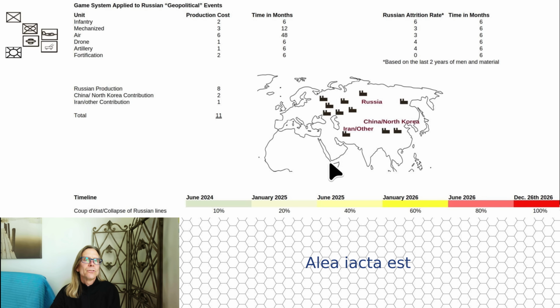Now, if you think this game system is missing elements, or I've been too generous or not generous enough to Russia, or there's other industrial components, or the cost is off for these units, this has been calculated on production cost tables, which I've seen in other gameplays. And again, the games are pretty accurate with historical outcomes. Unfortunately, we have to wait for the fate to unfold, and that's at a cost.